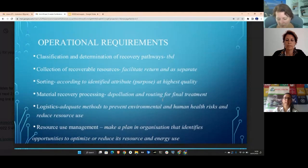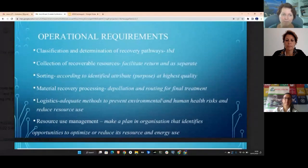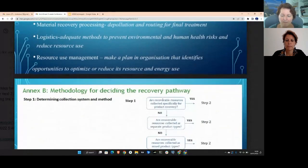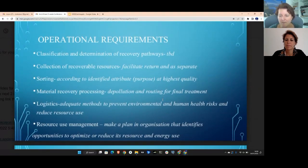And now this is something I want to share with you, which has just recently been completed. This is brand new stuff of how we try to unpack a recovery pathway that clearly defines what to do. This is a decision-making diagram. So if you were a recycler now and you received a load of electronic waste, this is the kind of decision-making process you would go through. You would look at the questions. Are the recoverable resources collected specifically for product recovery? Yes, go to step 2. No,